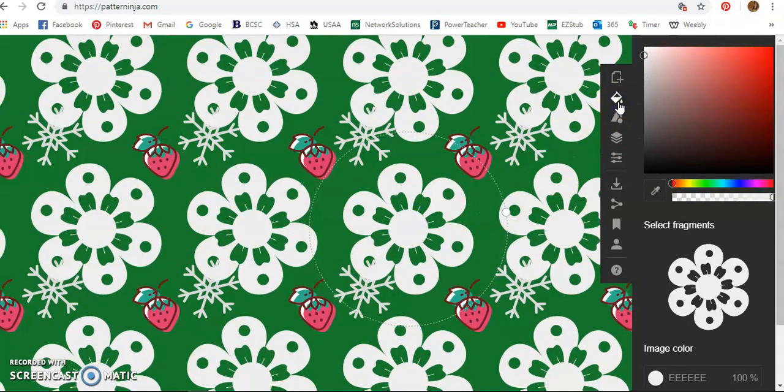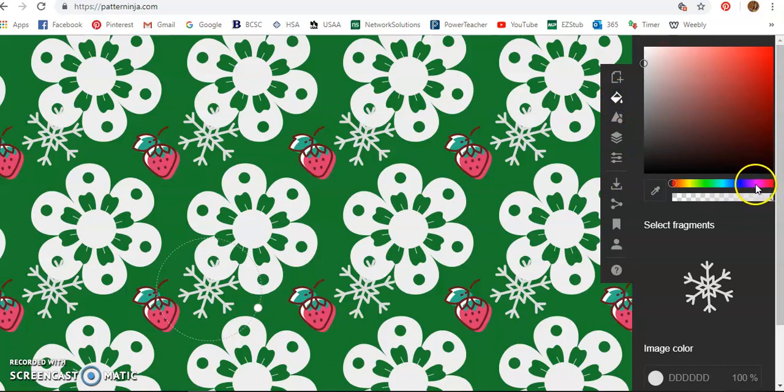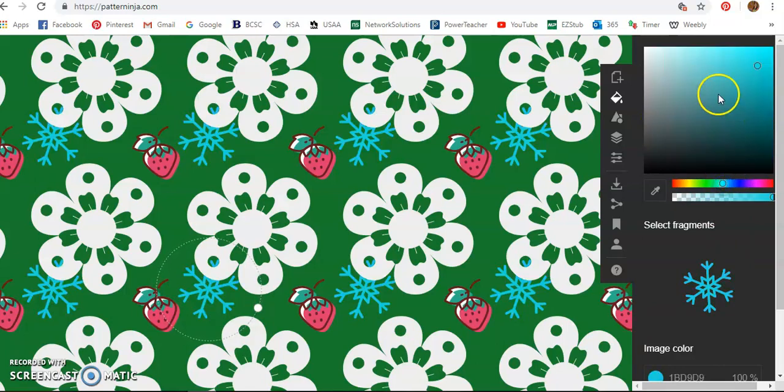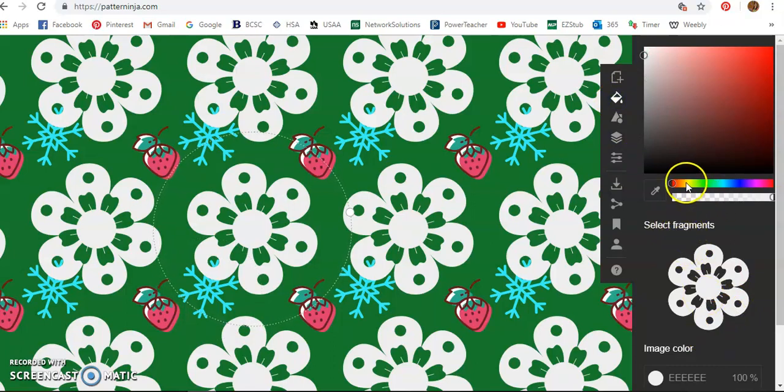The cool thing is you can also change all the colors of these designs. Right now the flower was white. In my layer image, I'm on the flower layer itself, although I wanted that to stay in front. There we go. Okay, I'm on the flower image. If I go back to my paint palette, I can decide what color I want to make it. Maybe I want my snowflakes to be pink, or maybe a blue color. Then I can go back and click on the flower, click on the paint bucket, and maybe make